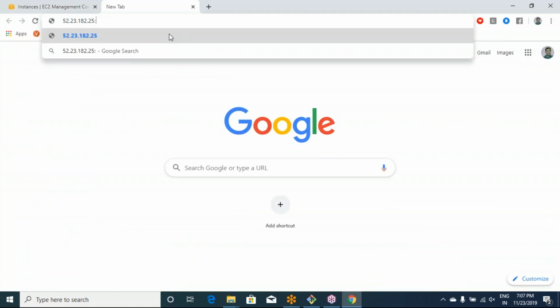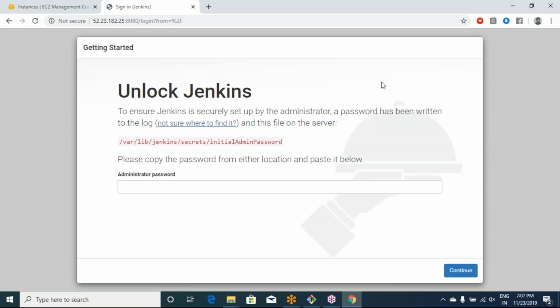If I paste it here with port 8080, I can see the